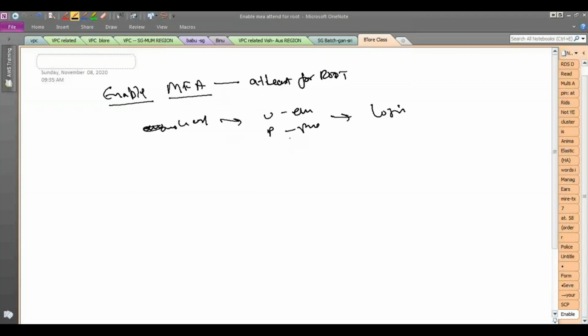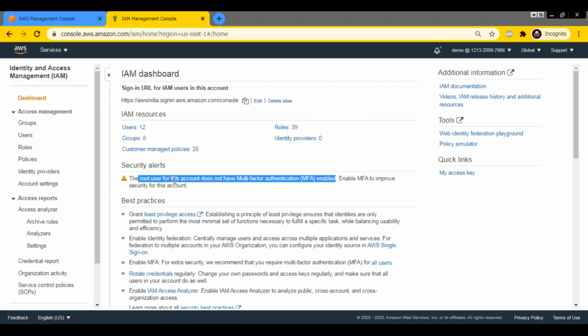So what happens when you enable MFA is, after you go to the console and enter your username and password, it will ask you for the MFA code or OTP. After you provide that code, then you will be able to log in. So how do you enable MFA? You can enable MFA for the root. You can enable MFA for the IAM users also. A lot of companies use MFA for IAM users also. But AWS recommends at least for root you enable that, which is why you will see a warning over here.